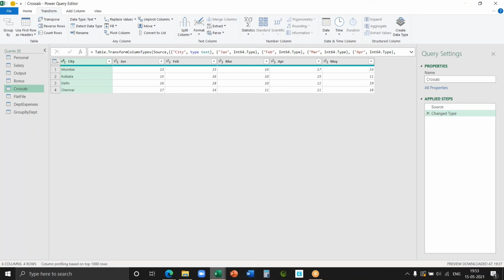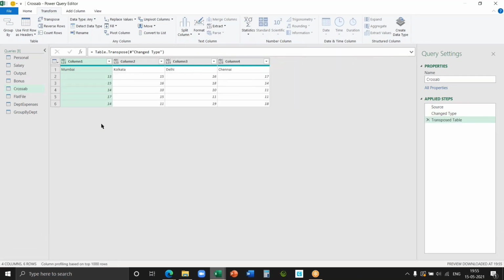If this is the data given to you, we want to transpose. When I asked this question in one of our Power BI trainings, they said simply go to transform and click on transpose. I can see it here. Where is that option? Here. The moment I click on transpose, what does it mean? Transpose means Jan, Feb, March, this columnar data, will come as row wise, and then this row wise data, cities, Mumbai, Kolkata, Delhi, will go column wise. That's called transpose, right? Let me transpose.